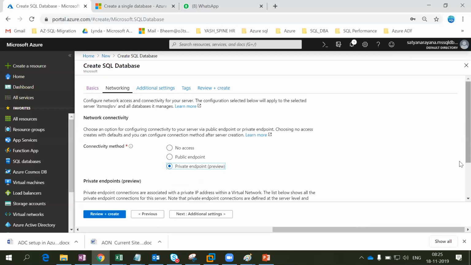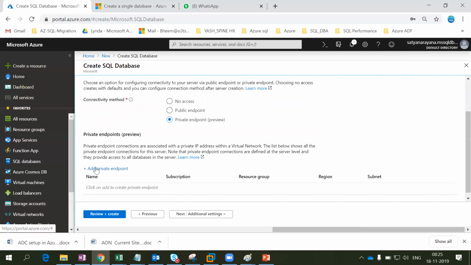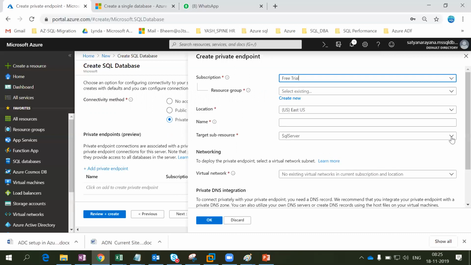You are all very familiar with how to create the networking part and connect. If you have additional settings like private endpoints, and you wish to connect this database instance only to a particular environment, you can create that here. An endpoint is nothing but a service, so you can connect to the SQL server through only this endpoint's name. Let it be aside.